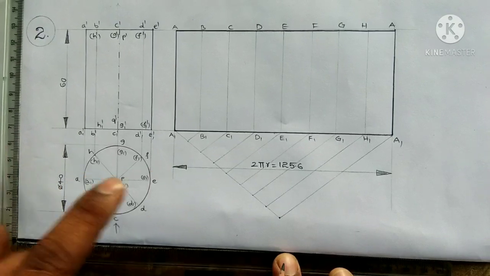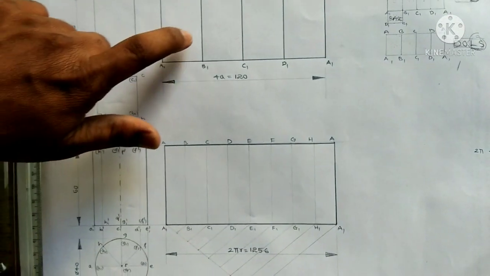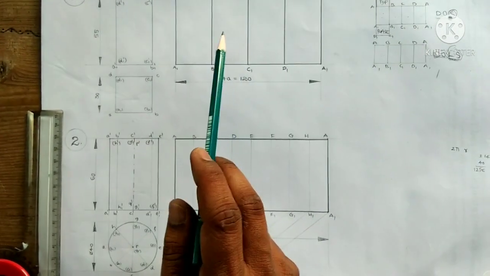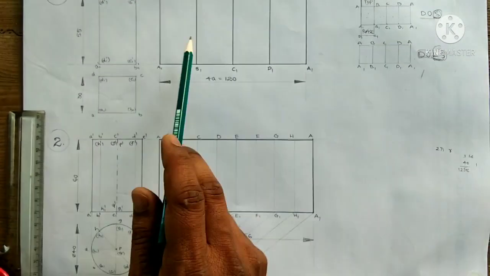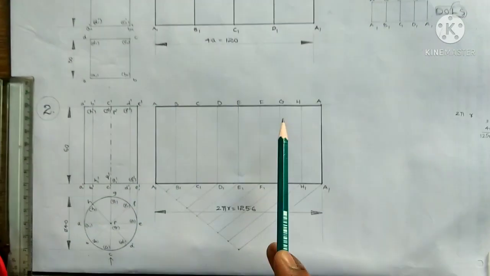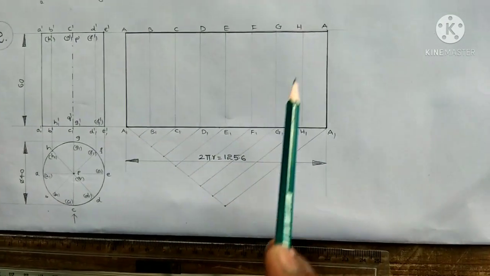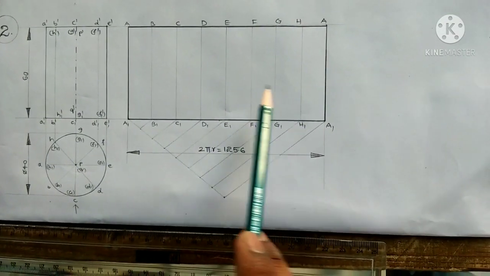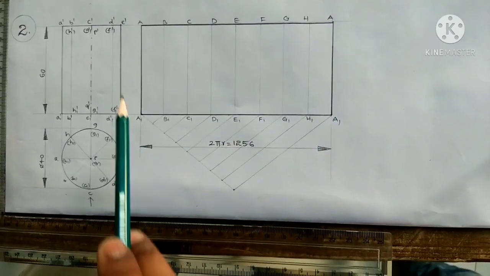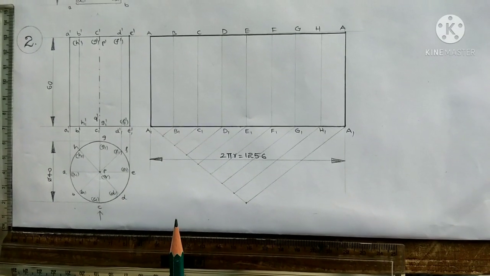So we can see the variation between the development of cylinder and square prism. Here the prism has a number of edges, so that is why we have to show the edges by means of dark pencil, HB pencil. And if we come to the cylinder development, it has a number of generators, so that is why we should show the inside generators with 2H pencil, only outlines with HB pencil. This is about development of prism and cylinder.